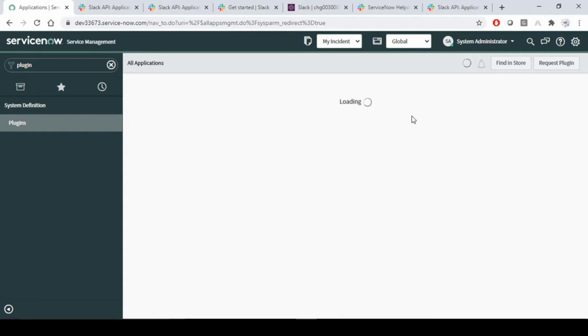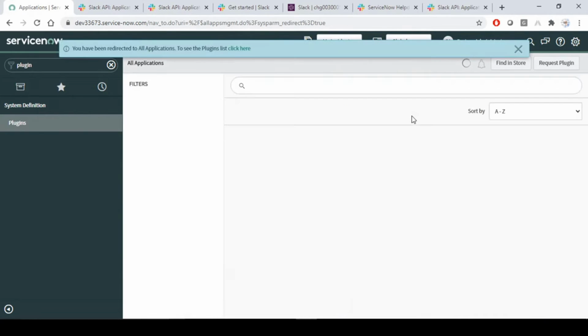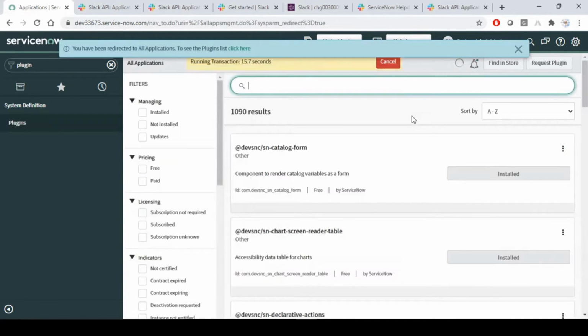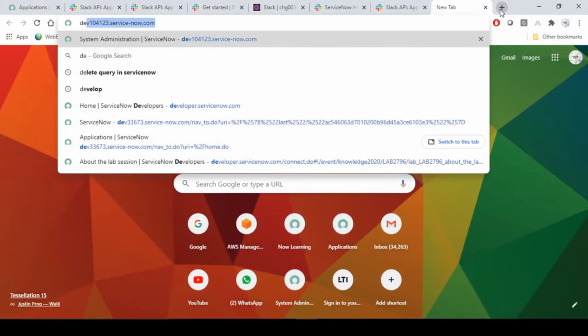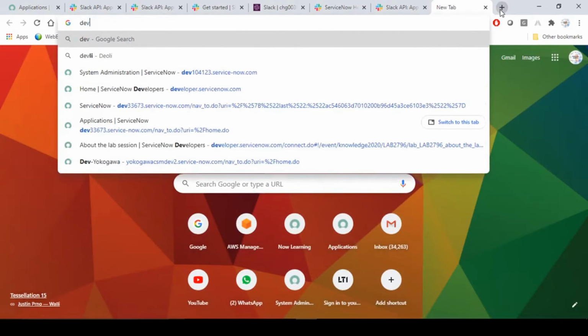If you are working with a client and implementing in the client environment, then you must definitely have a high account. Using that high account, you can enable the Integration Hub plugin. And for those implementing in your personal developer instance,